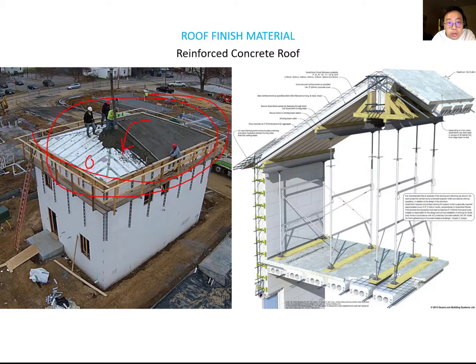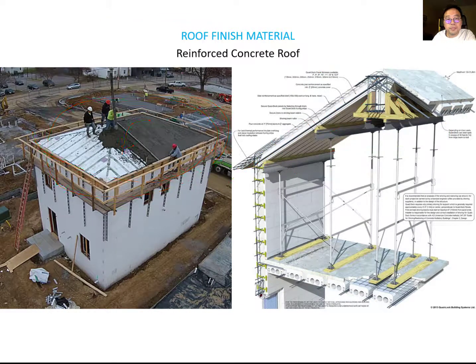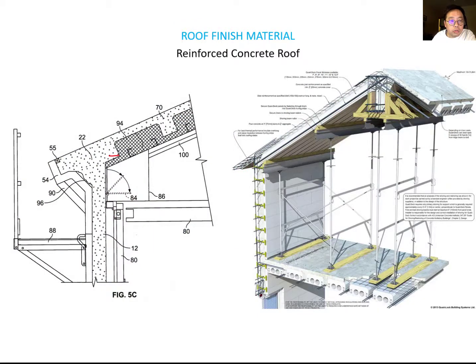You can see the construction image here. This is making the formwork, and then you reinforce with rebar, and this is the insulation here, and then this is the structure part. Over this reinforced rebar you make the formwork, and then simply pour the concrete to make this concrete roof. You can find that this concrete roof is mostly a flat roof, and also you can make a sloped roof as well. You can see the insulation, and then this is the concrete roof section,